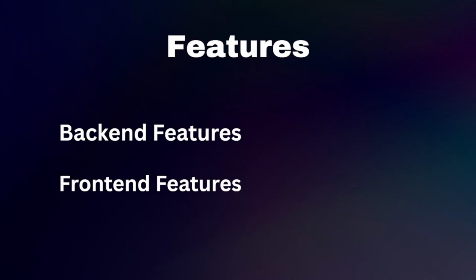So let's now move on to the features, what features my app has. There are two kinds of features, backend features and front end features. The backend features are those for which I have my credibility in building. Front end features are ones I can only partially take credit for, because those were already built-in features and I just used their APIs.